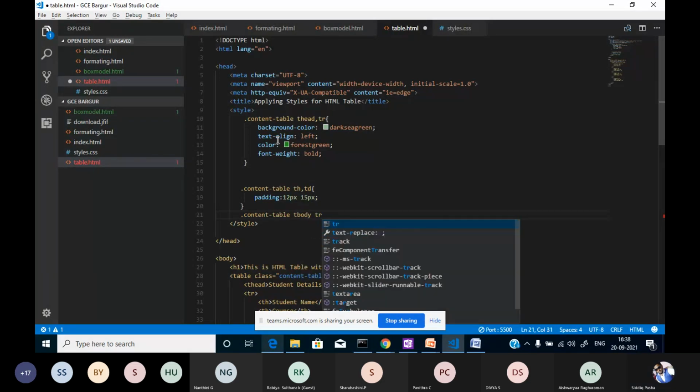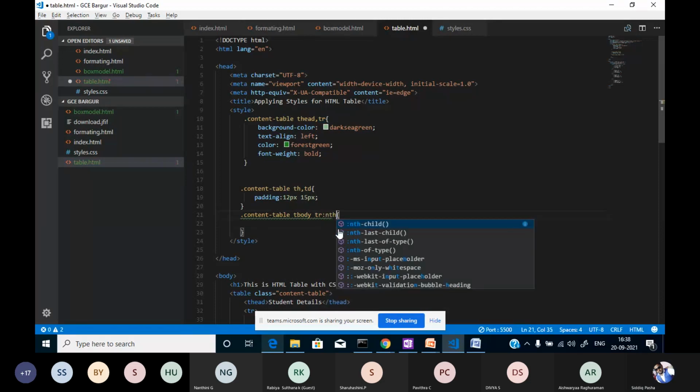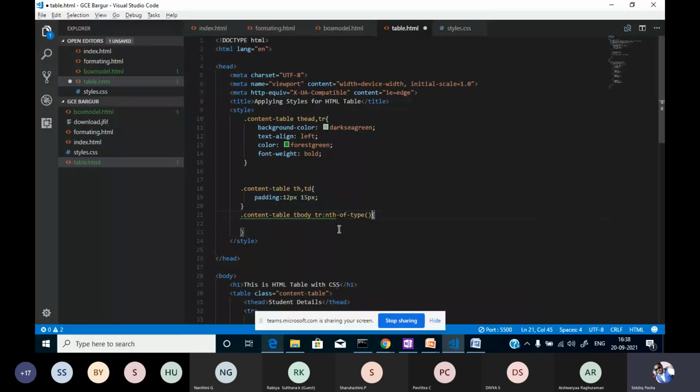In that I want nth-of-type. Here only I'll specify nth-of-type, and in that nth-of-type I will specify even.